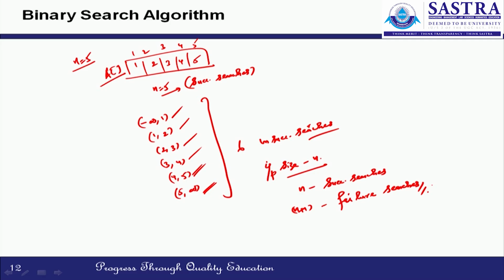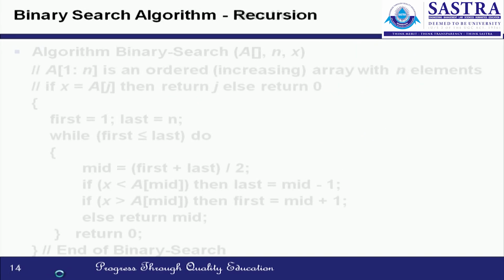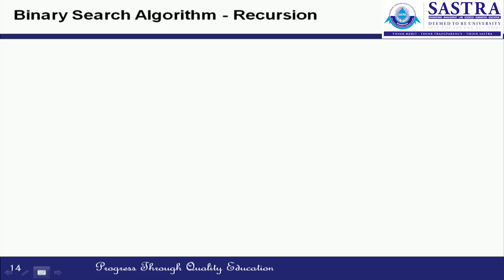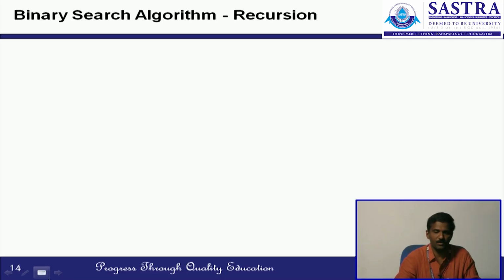For the input size n, there are exactly n successful searches and n plus 1 failure searches. Now, let us devise the recursive algorithm to construct the logic of binary search. In case of recursive algorithm, we need to clearly specify the termination condition. The entry condition into the recursive binary search is the array indices,